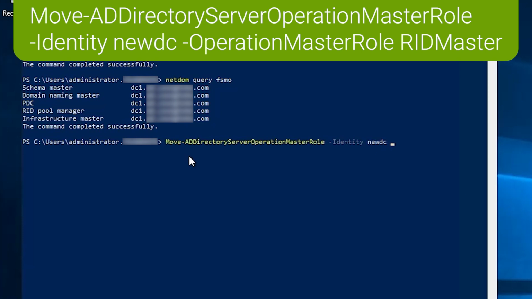And then, of course, we have to specify what role or roles we want to move. And we'll just tab through the roles here so you can see how they're designated in PowerShell. There's domain naming master, infrastructure master, PDC emulator, RID master, and schema master. And let's say we want to move the RID master to new DC. So we'll tab back to that